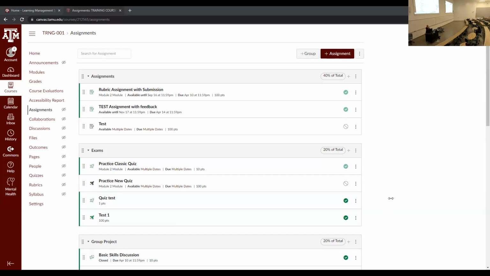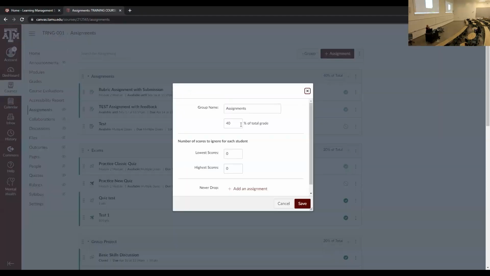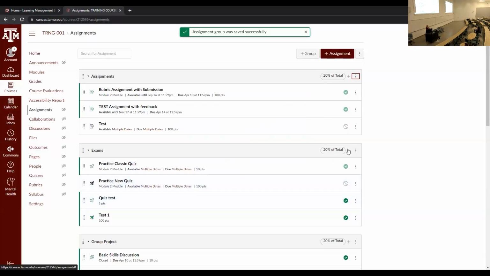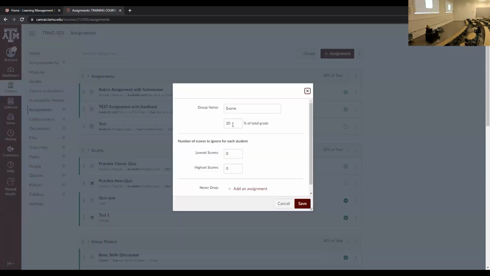Also the weight is determined by you, based on your grade book and how you have it reflected in the syllabus, and you can edit that. So you just hit the edit button and you're like, oh, assignments is not 40%, it's 20% because my exams are supposed to be 40%, right? So you would do it to reflect the syllabus. I don't know if y'all sat into the grade book